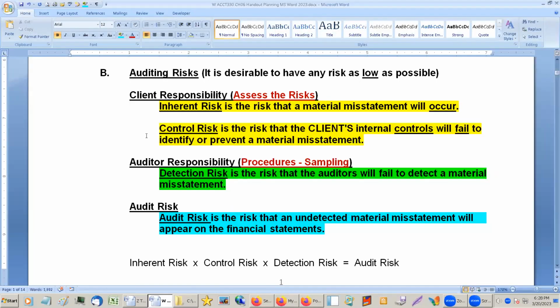Sometimes you'll read CPA questions, they'll talk about changing the inherent risk or changing the control risk. That's a bad answer, because you can't change those. You can change the assessment of it. If you find out that their controls are better than you thought they were, or worse, you could change your assessment, but you actually can't change the actual risk, whatever the true amount is. You can't change it.